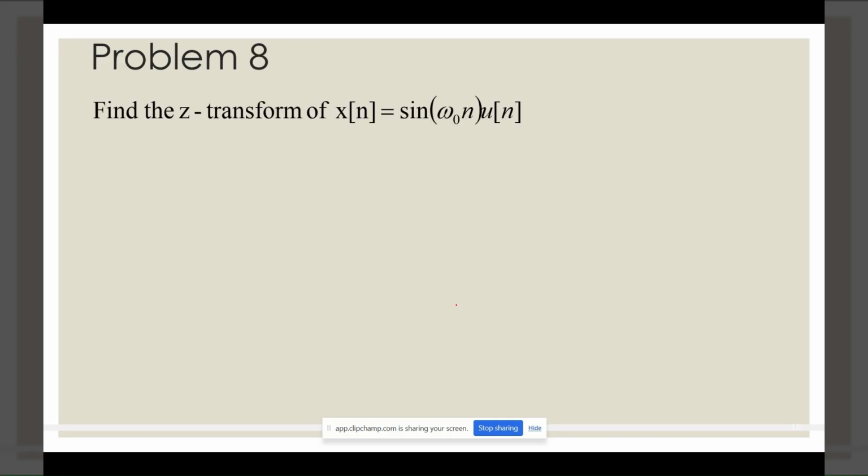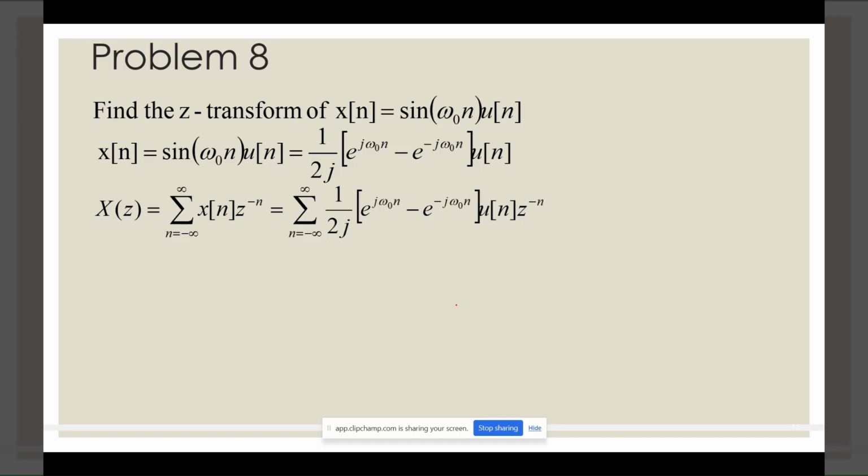Coming on to the next problem, here we have to find the z transform of x of n is equal to sine omega naught n u of n. We all know that sine theta can be represented in terms of e power j omega naught n minus e power minus j omega naught n by 2j into u of n. So when we apply the z transform expression again,